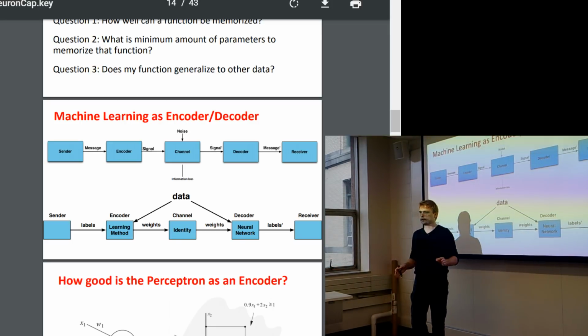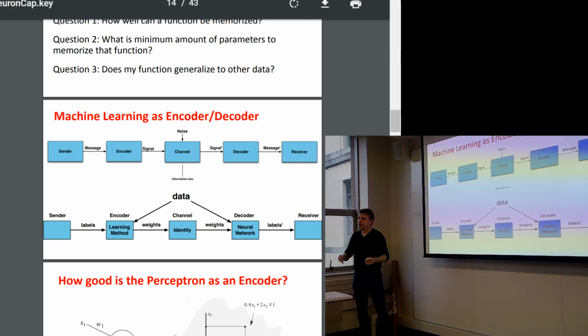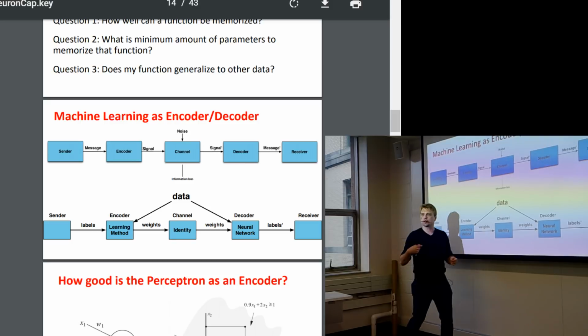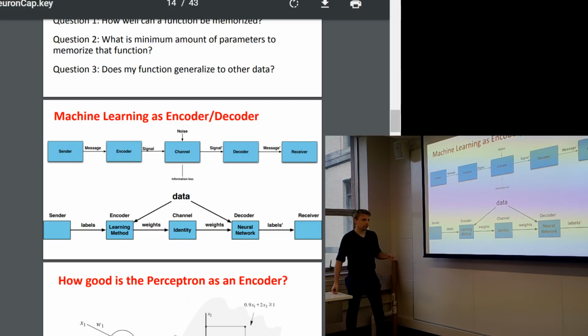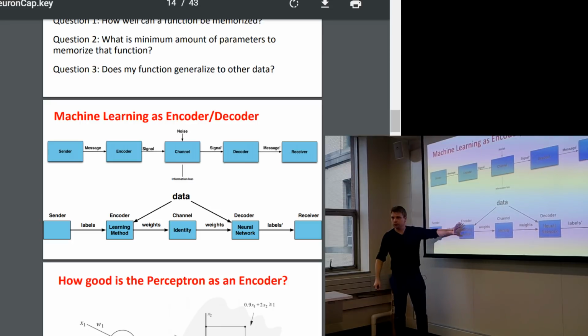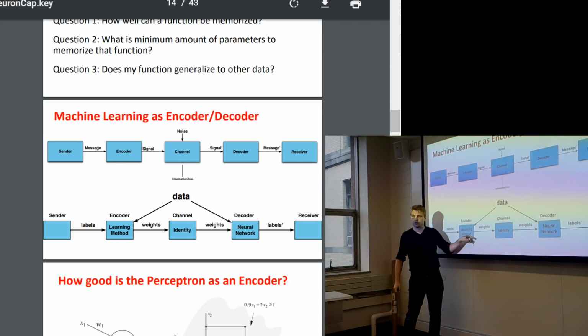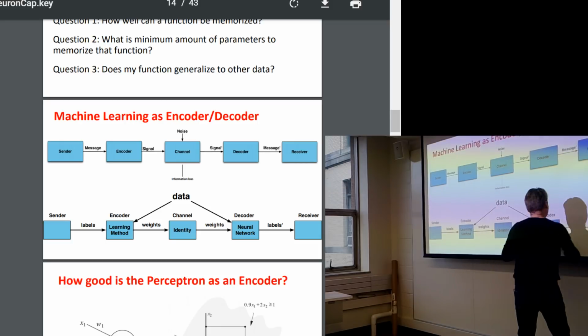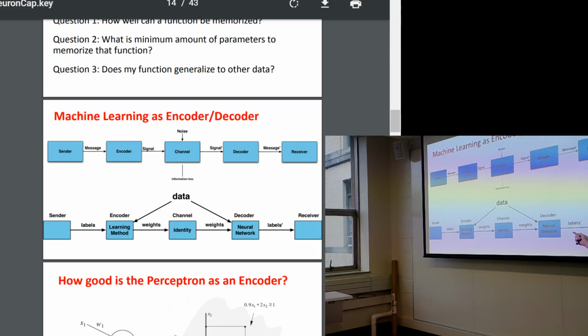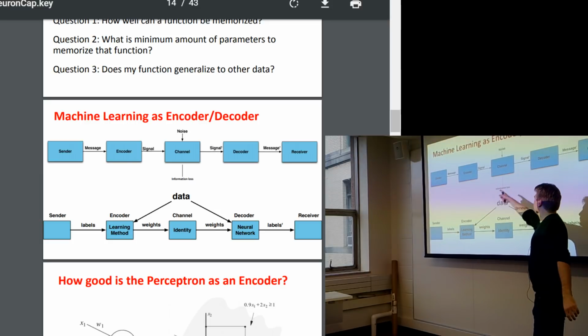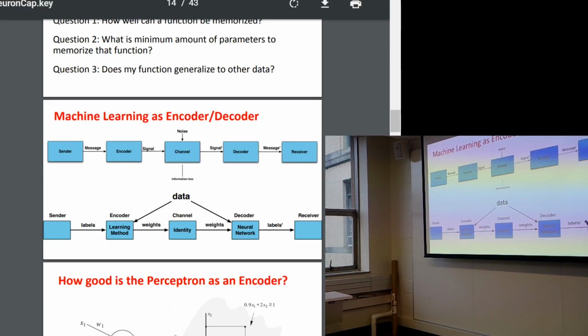Right now, all we are asking is, if you have some training data, how well can the data to labeling function be remembered, okay? And that is, you have the labels and you have the data and you trained and you encoded the data to labeling function in your weights. Given your weights and the data again, how well can we reproduce the labels? That's just the same question as the message that I sent, which is the labels. Can they be reproduced? So that is the question I'm going to investigate for the next 20 slides or so, okay? So that is for now. And please blend out any sort of generalization or anything. We'll come to that. For now, we're asking ourselves,